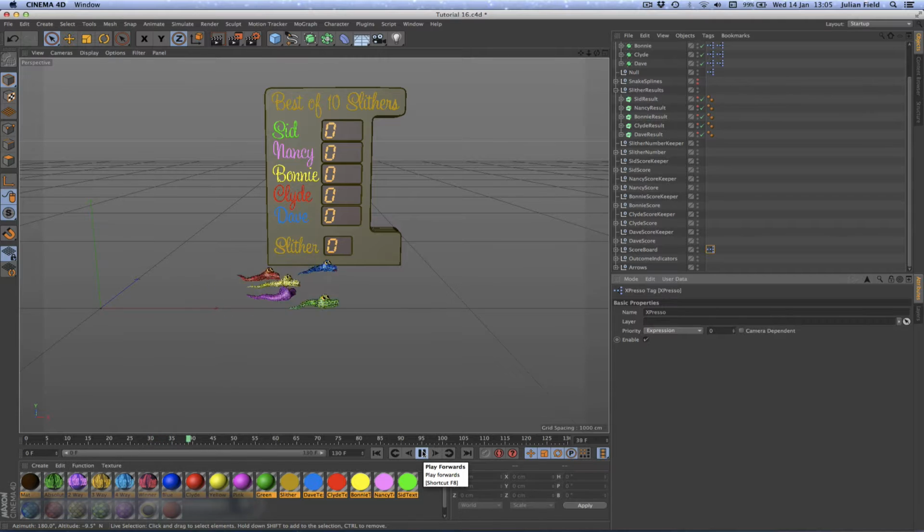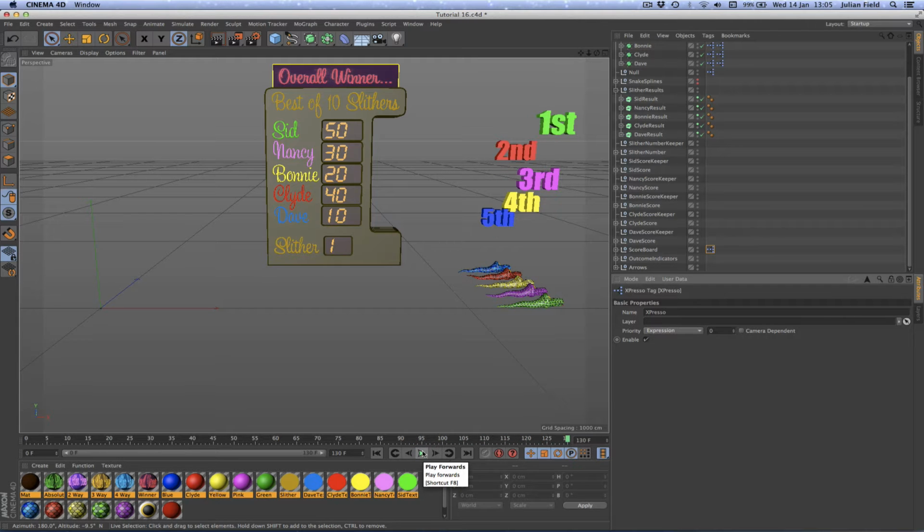At the end of our last tutorial, we'd got things to the stage where our scoreboard was telling us whether there was an overall winner or maybe one of our dead slither scenarios between combinations of snakes. The next thing we need to do from here is to indicate who the overall winner actually is, or which combinations of snakes have tied with each other. To begin this next task,